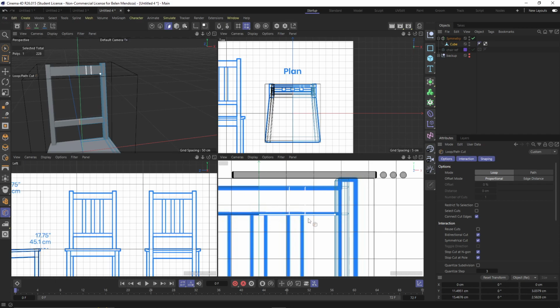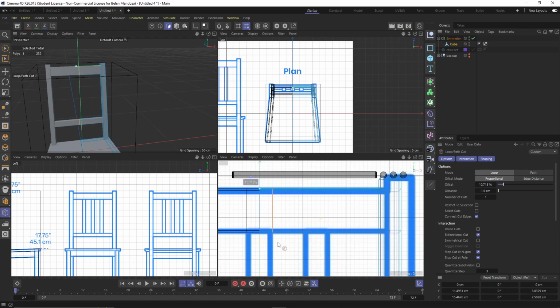I want to say in this case I don't want symmetry on. And I want to select somewhere on this, maybe closer to the inner edge, right? And then I want to select an amount for the size of this bar. I think 1.5 is fine because that'll make this 3 across. So now I know I can select here